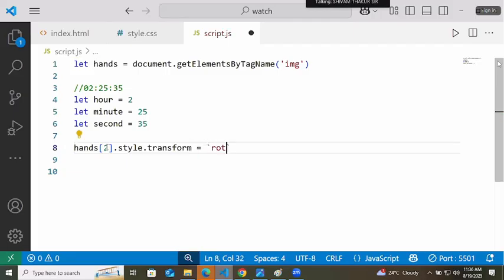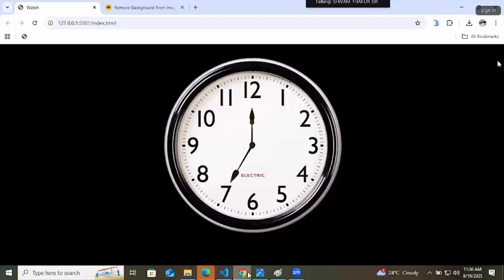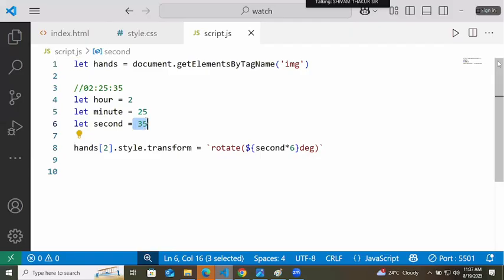So backtick, rotate. I am writing backtick because the degree will change every time, right? Here, second multiply by 6 degree. So here it will be showing 35 seconds. Is the second hand showing 35 or not? Showing 35 seconds.